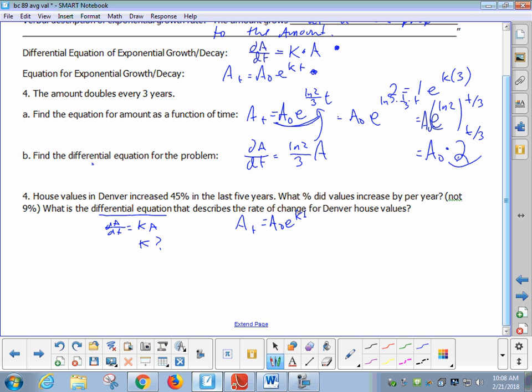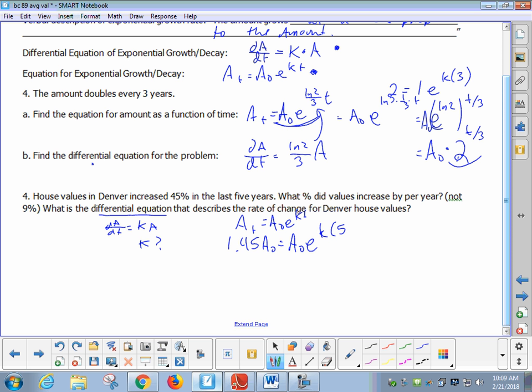I don't know A initial, so I can't put that in, but give me a case. What's an amount later in time? 1.45. It's 100%, everything it was and 45% more. So a later case is 1.45 times the initial amount